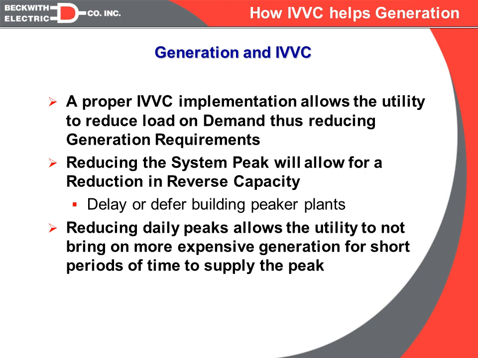So if you are in generation, just say you are an investor-owned utility and you own your own generation. One of the things that IVVC allows is the ability to reduce the load on demand. And that can have two major impacts for an investor-owned. One would be to reduce the system peak. As we know, a utility must have enough reserve generation capacity to support the system peak plus a certain percentage on top of that. So if we can reduce the system peak, we can reduce the amount of reserve capacity